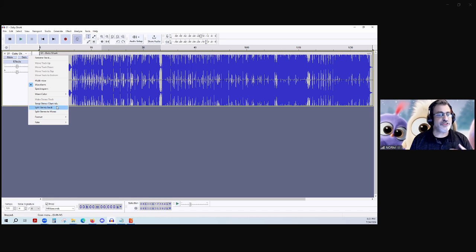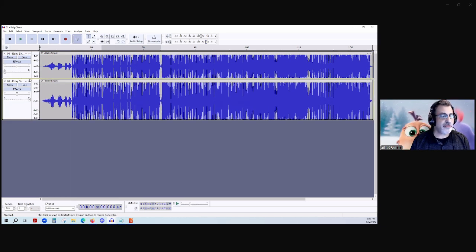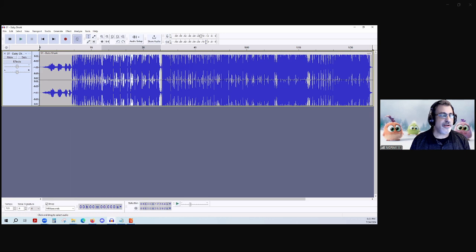But let's say we want to split those tracks. So I can split the stereo track. And each one of these is called a track, right? Now what I've done is I've created a left track and a right track. It's created a mono track out of that, so I can do different things with it. If I want to edit my audio on one side, but I don't want to edit it on the other, I can do it here, right? Again, most people aren't going to have a need for that.